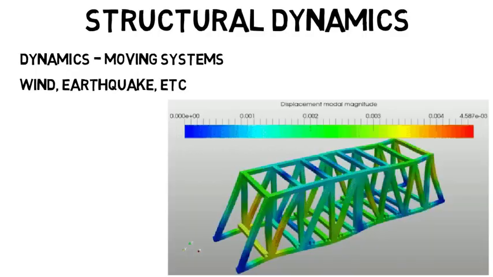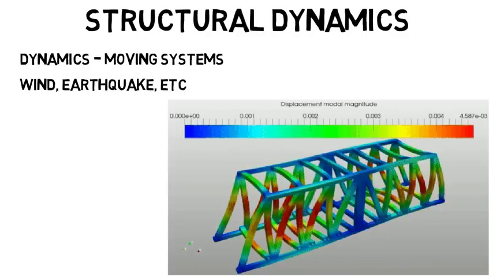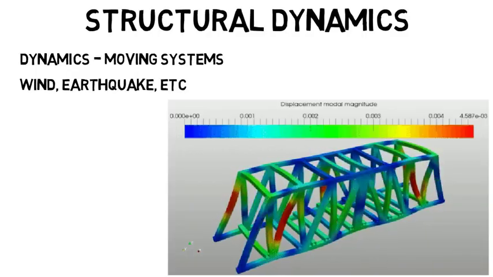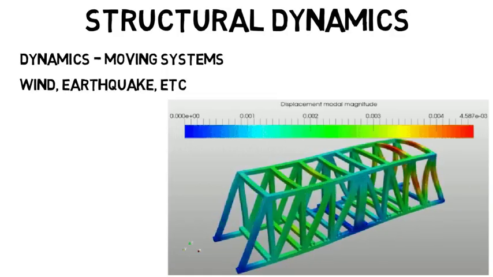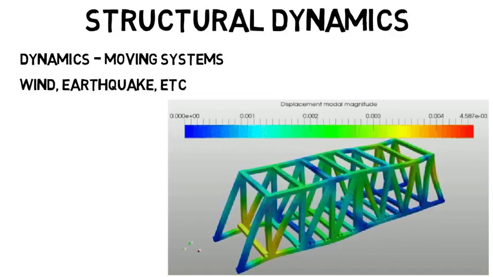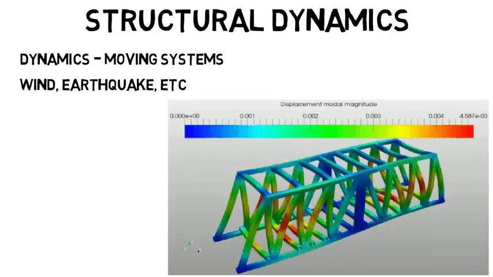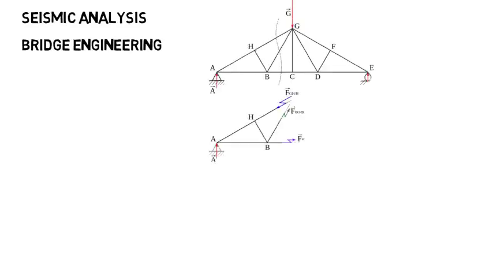I've shown this animation before, but mostly for mechanical engineers as it's a vibrating system that they can analyze, but civil engineers could get into this as well. They have to make sure their designs can stand up against any type of movement the structure may be subject to. You could take an elective class on seismic analysis, which is specifically about calculating the responses of a structure to an earthquake, or one on bridge engineering, which would be a class on highway bridges, materials used, distribution of loads and how forces are spread throughout the structure, and so on.